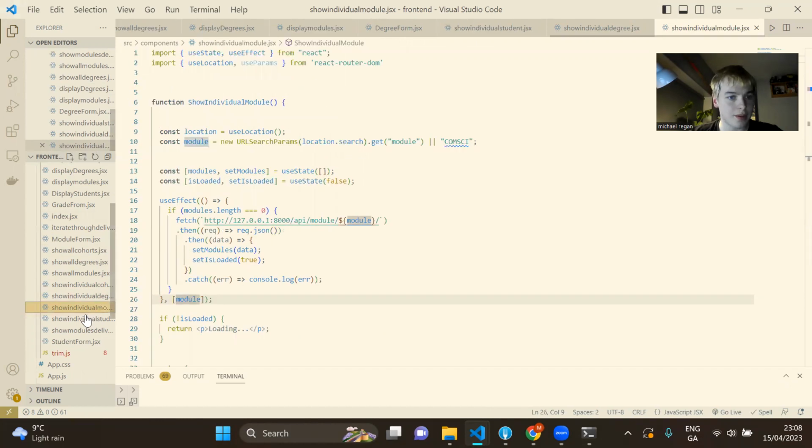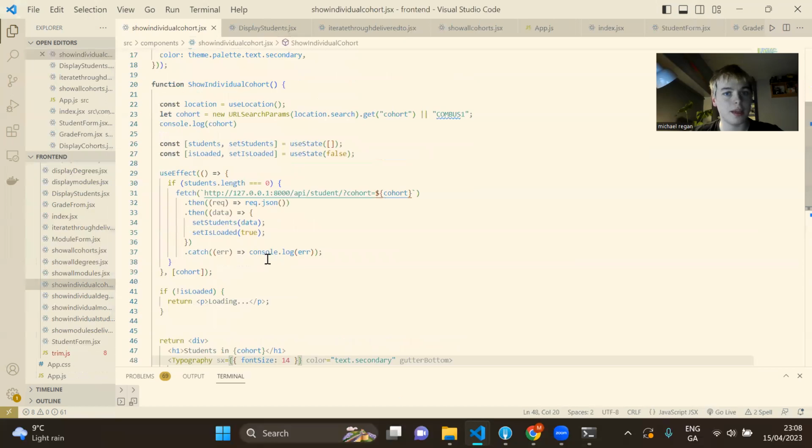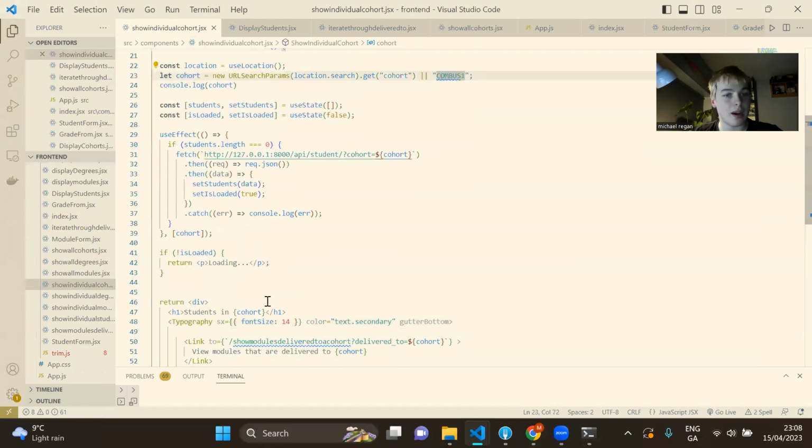Okay, so now we have show individual cohorts, so now we're looking at an individual cohort, and we want to see the students who are in that cohort. So again, we're passing in through the URL, we're passing in cohort, and then we're making a request to students where cohort equals the cohort that we just passed in, with the default one being compass 1. And then we are